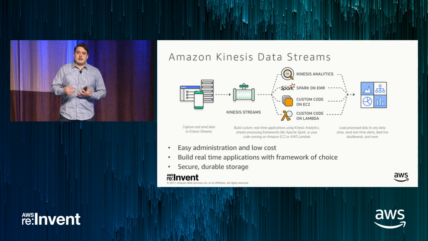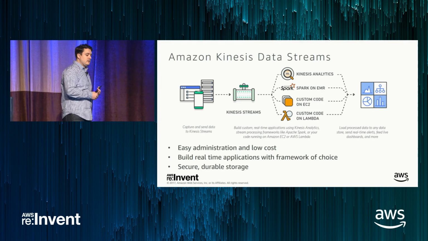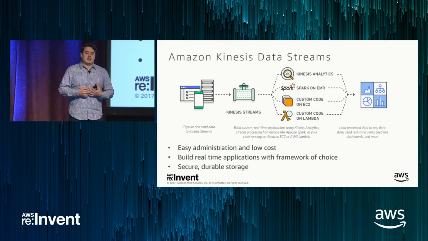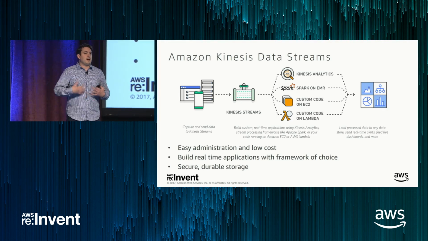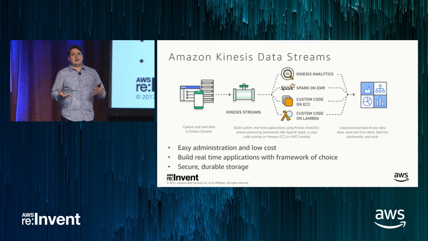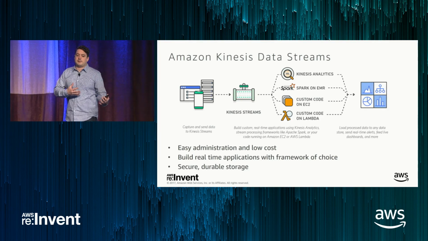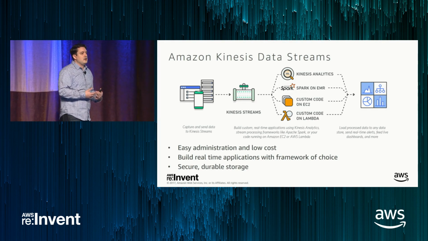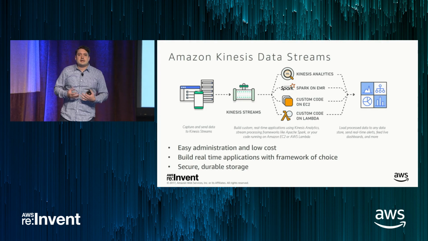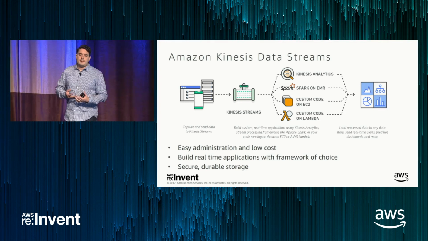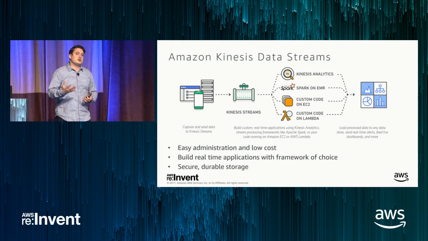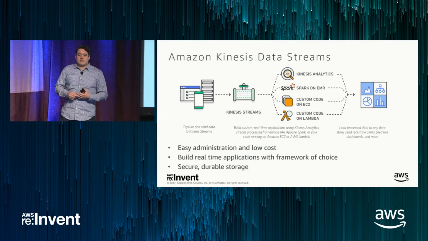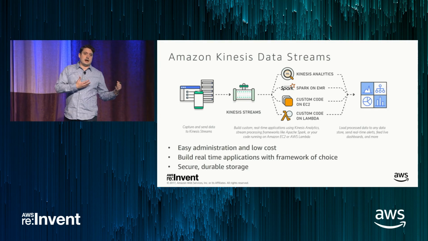So let's go through data streams in a little bit more detail. Kinesis data streams, one of the primary value props of it is that you can build a real-time application in the framework of your choice. Again, the pattern that I showed in the first couple slides prior, imagine you're capturing data from either clickstream data from your mobile website or your mobile app, IoT data from your IoT sensors into a Kinesis stream, and then you get to choose one or more of the consumers of your choice. So the four most popular are shown on this slide here.